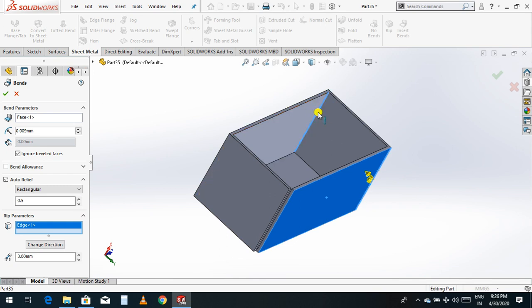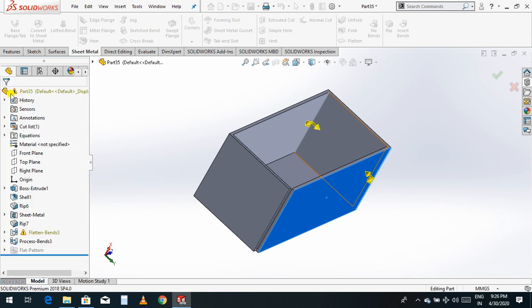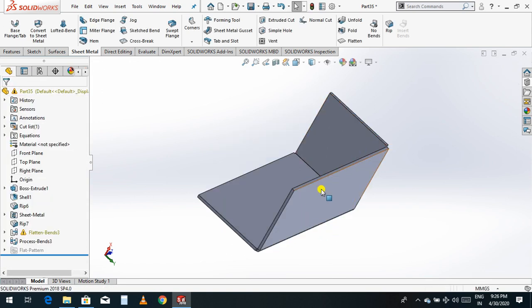You can select this rip also. Okay, now see this part: whichever part you have given the corner, that corner of the metal plate will stay as it is, and the remaining part will be deleted. And if you click this no bend, automatically all the part will come back.